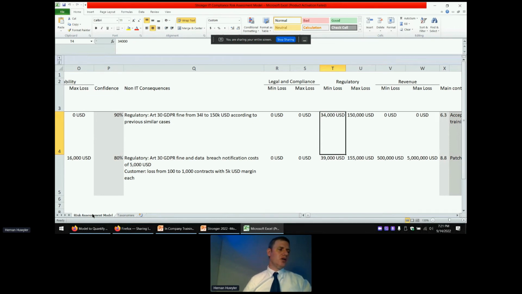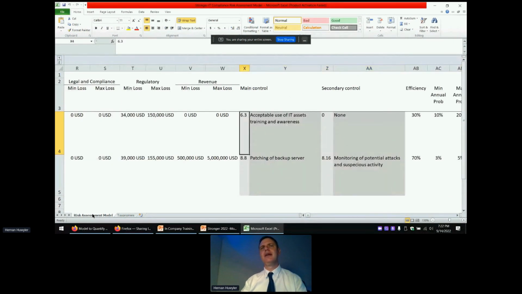There was no data loss prevention, there was no training, and so on. And you can assess according to historical data that is very easy to track how much the impact is going to be here. It will be between $34,000 and $150,000 as the minimum and maximum fine that you will have for similar cases.